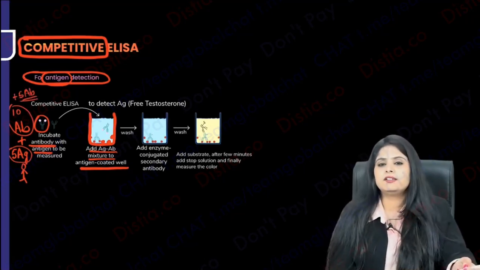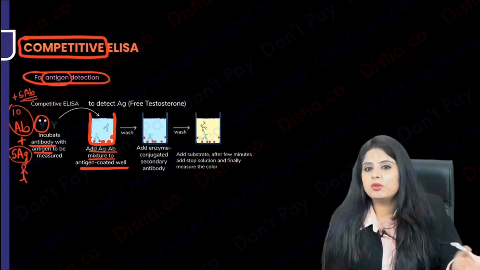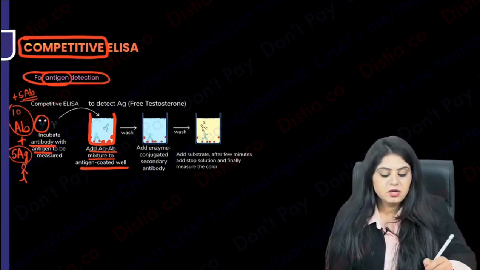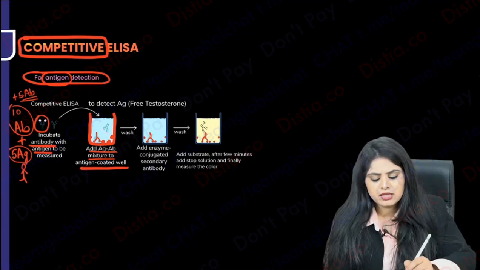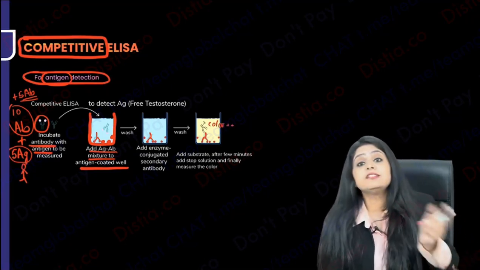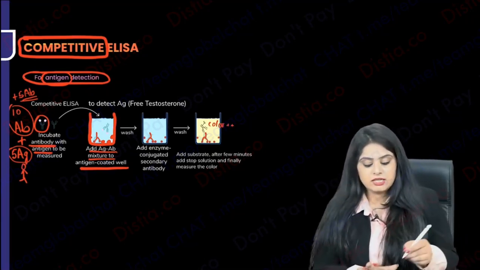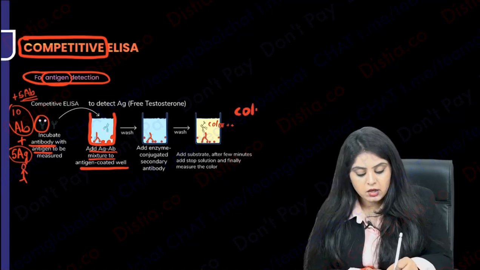5 antibodies were left extra. You ended up adding a little more substrate, a little more reagents. So those 5 antibodies would have shown some reaction, so some color will come. A little color will come. So now this works as an inverse. In competition it works the opposite. If you get a lot of color,